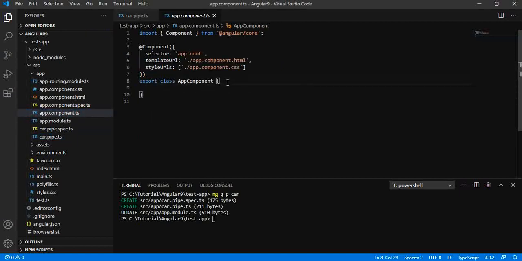Let us go ahead to our app.component.ts. We have searchCar equal to blank and cars equal to a list of car names.